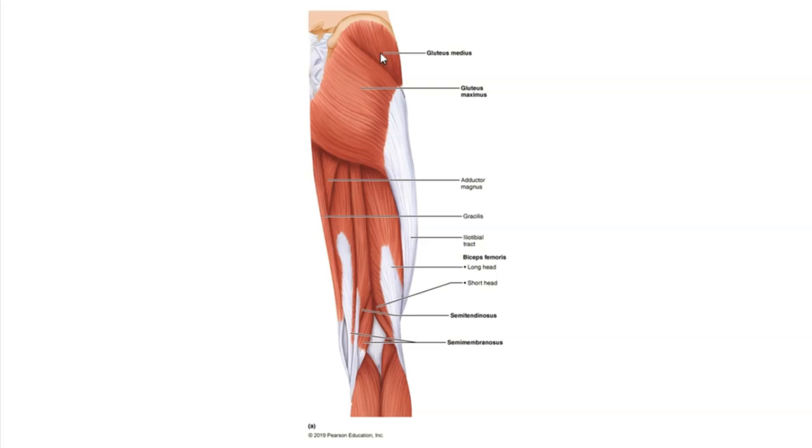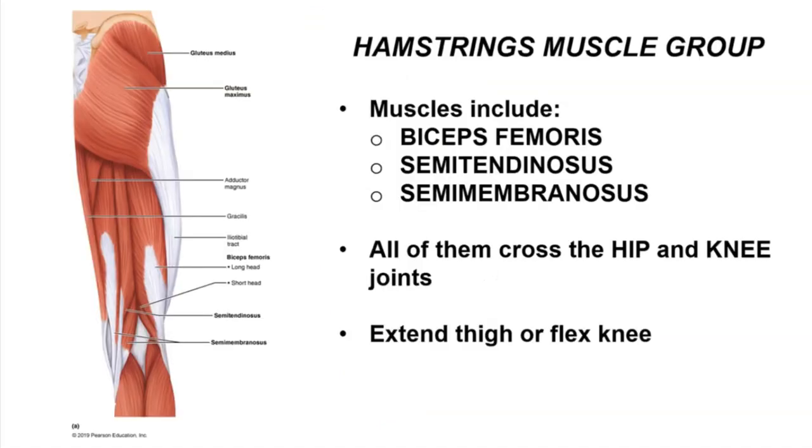The gluteus medius is actually deep to the gluteus maximus. You can see a little bit of the muscle showing just superior to the gluteus maximus here. This is an important muscle in steadying the pelvis during walking, and it also serves to abduct and rotate the thigh. So while we're on the posterior part of the thigh here, let's take a look at the hamstrings muscle